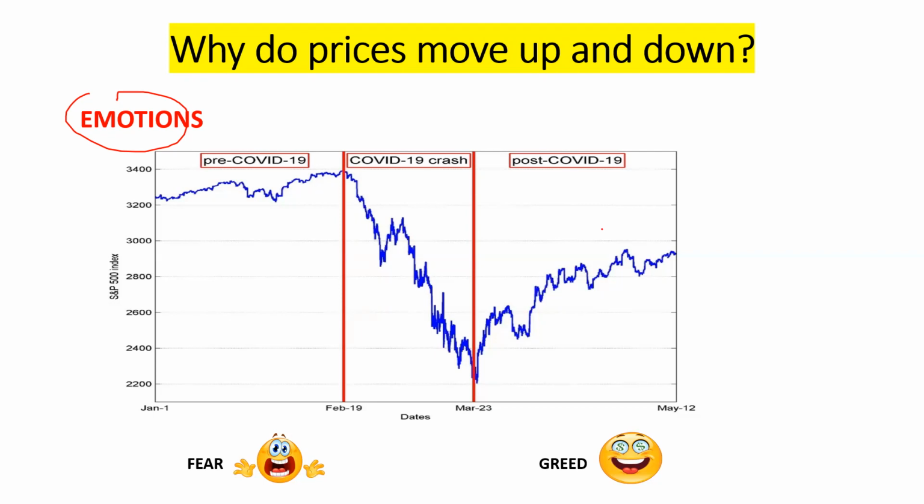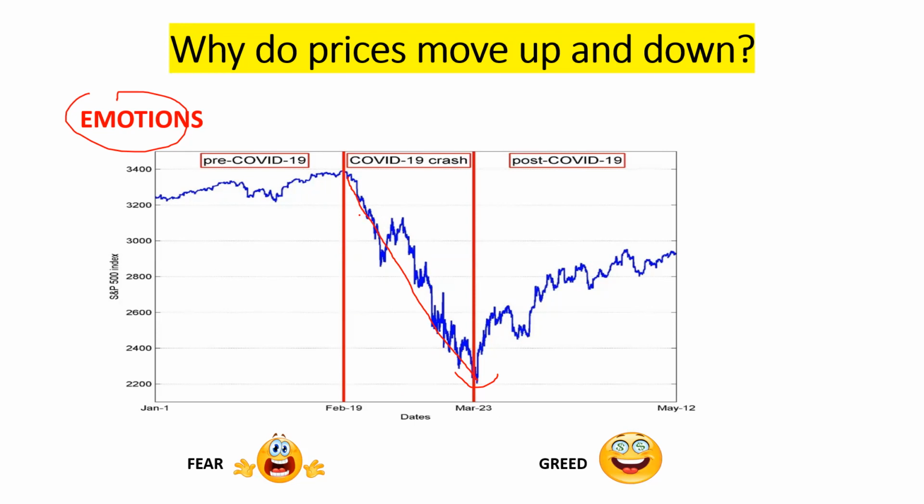I will give you an extreme example. Remember the 2020 COVID-19 market crash? When news of the virus came out, it was all doom and gloom. People thought it was the end of the world. Big institutions and retail investors alike started selling their shares in panic. Stock prices of great businesses were not spared. This caused the S&P 500 to drop from all-time highs to all-time lows, all due to fear and negative sentiment